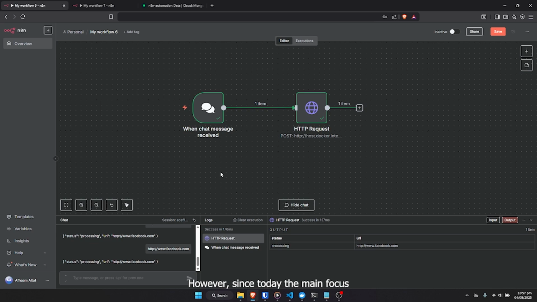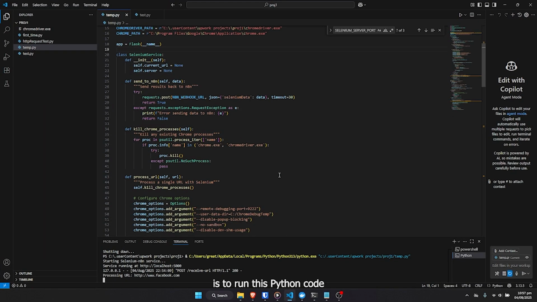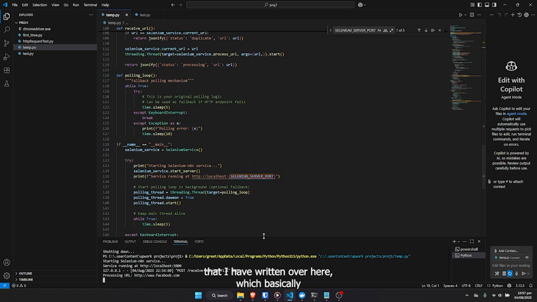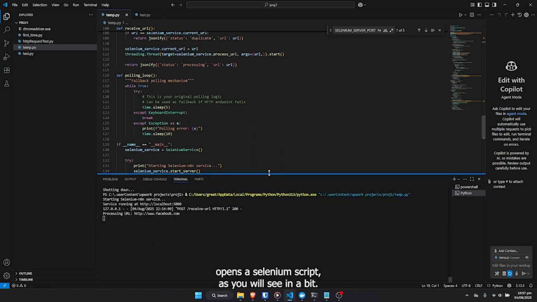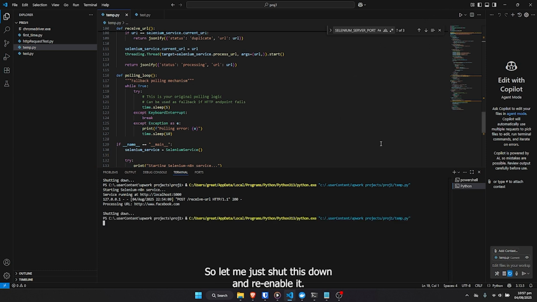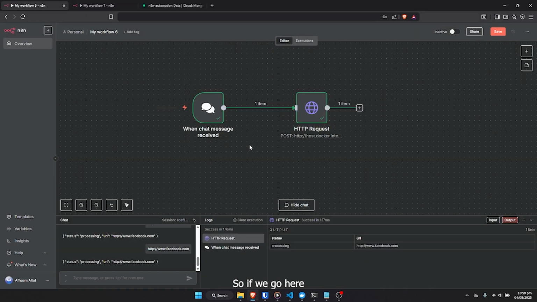However, since today the main focus is to run this Python code that I have written over here, which basically opens a Selenium script, as we will see in a bit. So let me just shut this down and re-enable it. And as we can see, we have our service running at this port, which is great for us. So if we go here and we send a message,